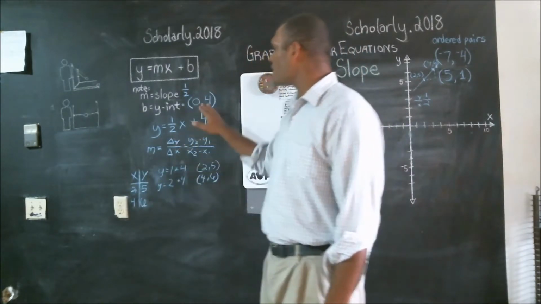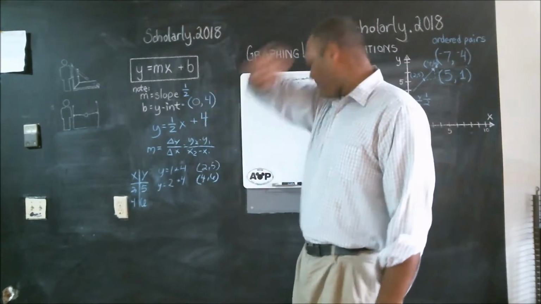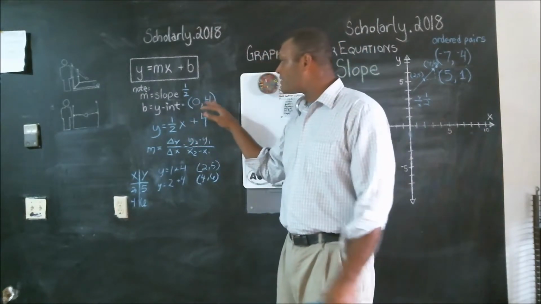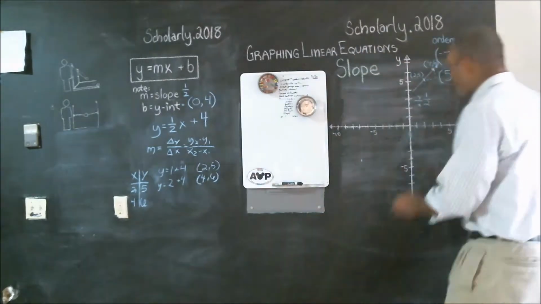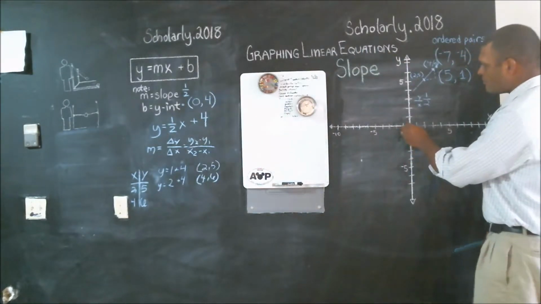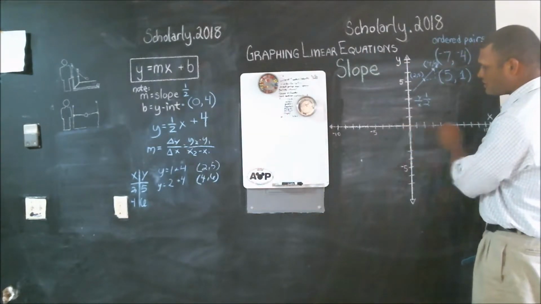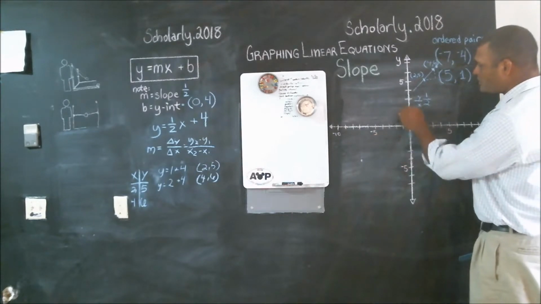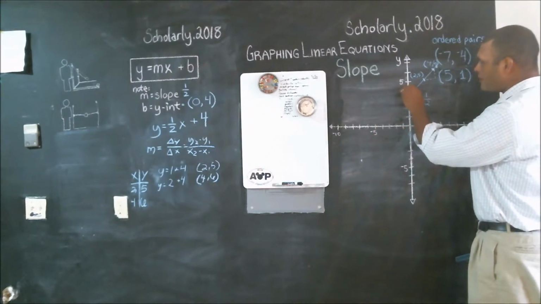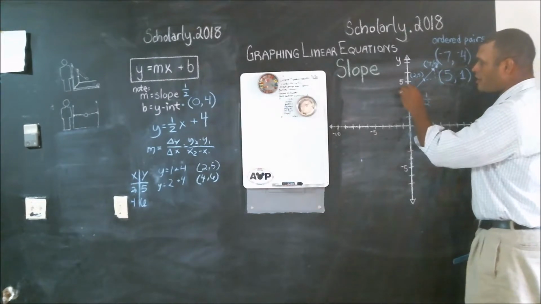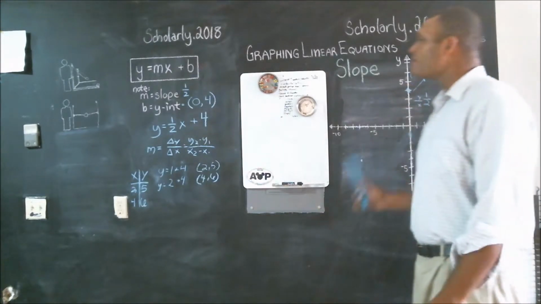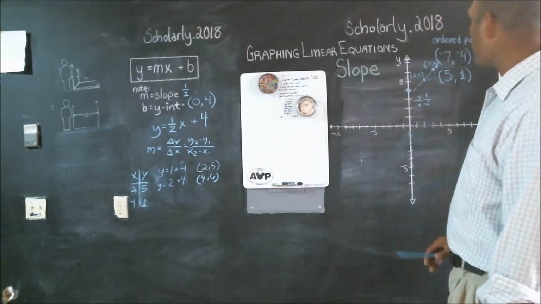All right. We can start with our y-intercept because we know our y-intercept is 0, 4. Let's try that. Let's try 0, and we'll go up 4. So 0 is on our x, and we'll go up 4. 1, 2, 3, 4. And we'll put a point right here on 0, 4. All right. Now, let's do this. Let's pick any other point